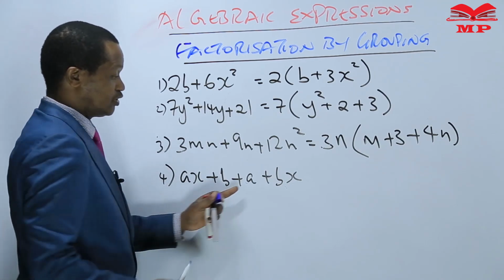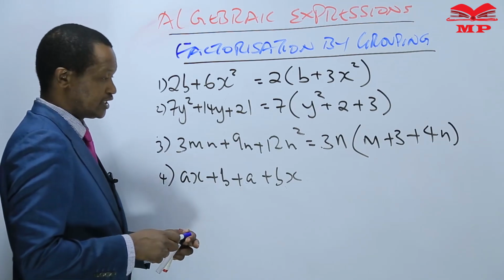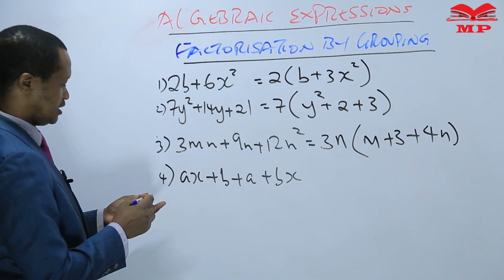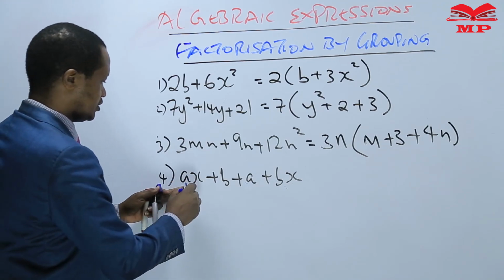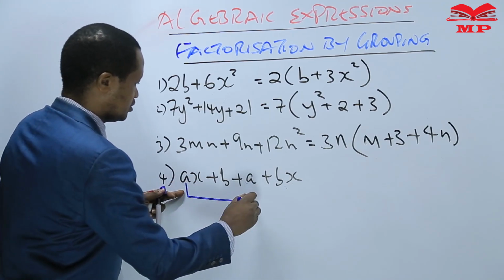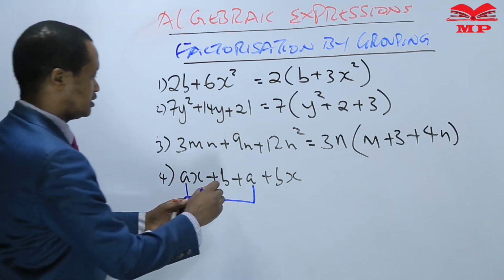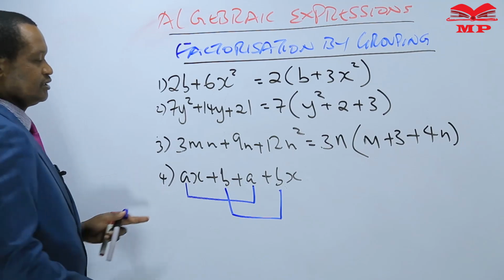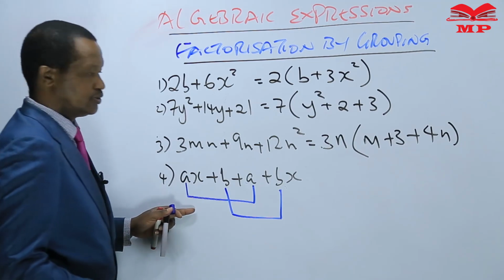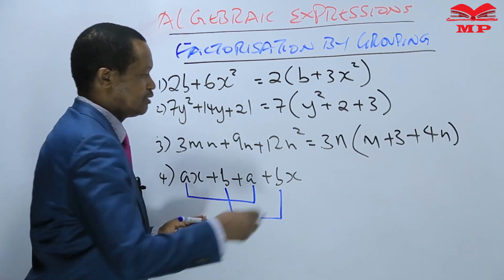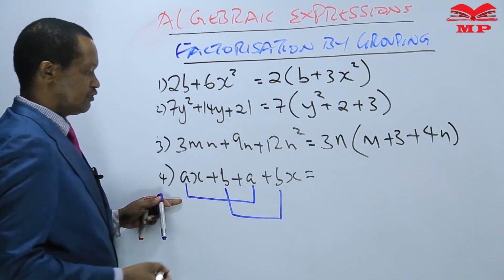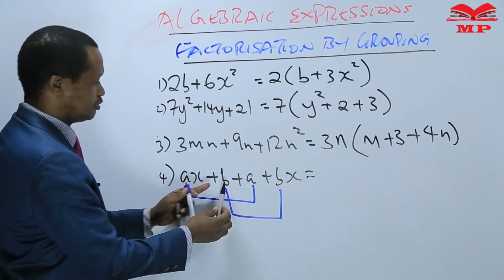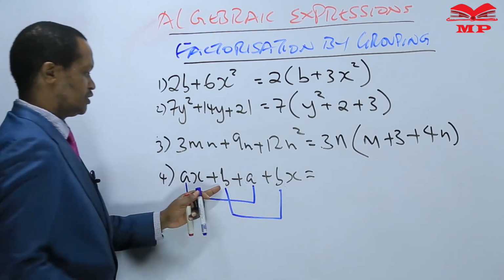Even though there are no common factors, we can factorize by grouping, because you can see these 2 here have a common a, and this b here is common with that b. So we can still factorize, but through grouping of the terms. So we will group this term and this term, then we group this term and that term, so that we'll have